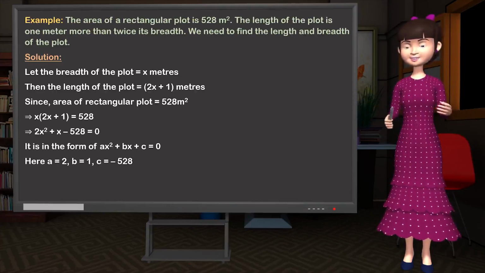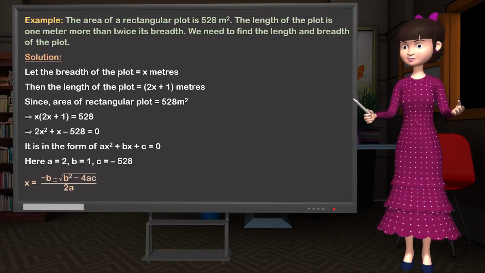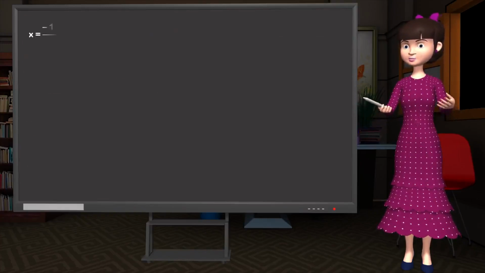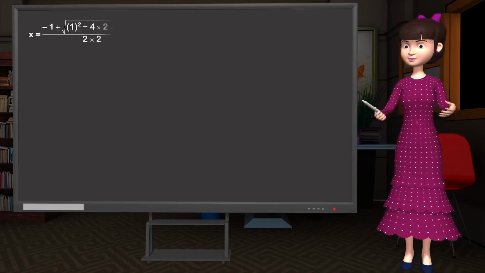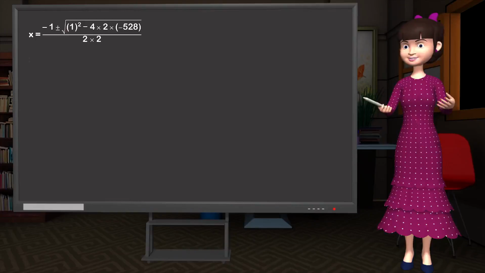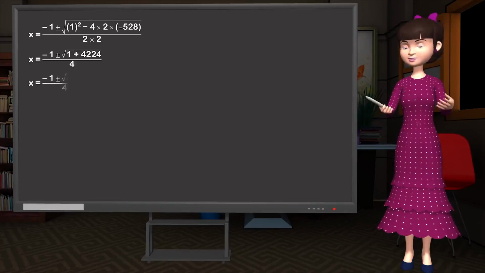Substituting the above values in x = (−b ± √(b² − 4ac))/2a, we get x = (−1 ± √(1² − 4·2·(−528)))/(2·2), which equals x = (−1 ± √(1 + 4224))/4. By simplifying, we get x = (−1 ± √